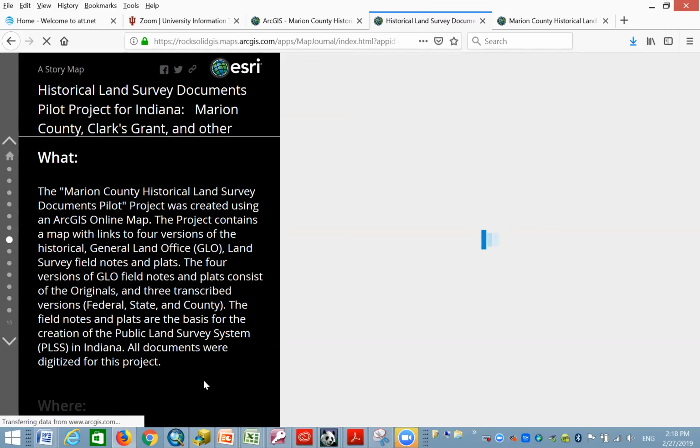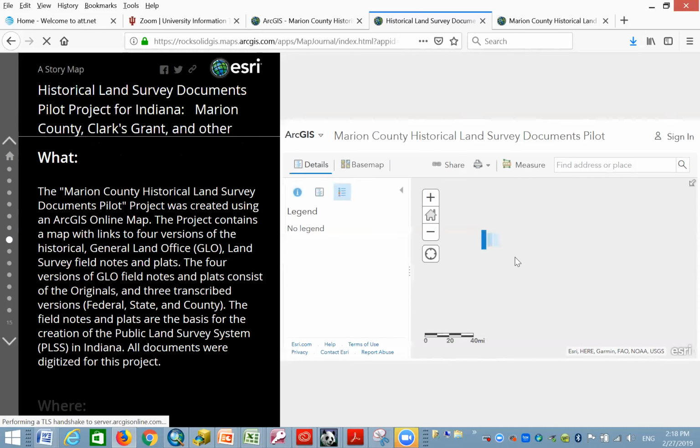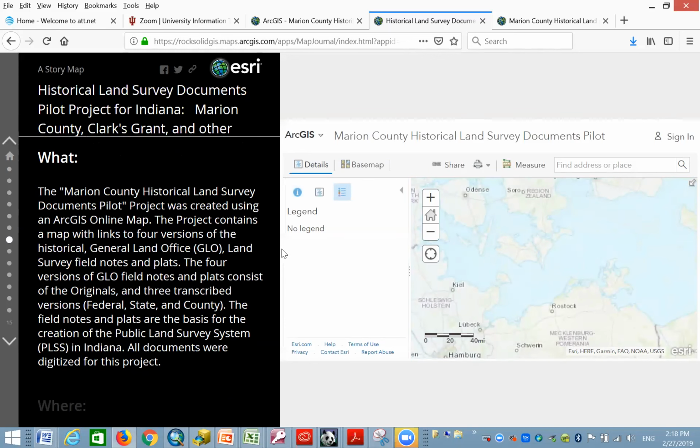The what is the Marion County Historical Land Survey Document Pilot. And this is a live map. If you actually went to the map itself, this is what you'd be viewing. The project contains a map with links to 4 versions of the historical General Land Office survey, field notes, and plats. There are 4 versions of the field notes and plats, and they consist of the originals where the surveyor